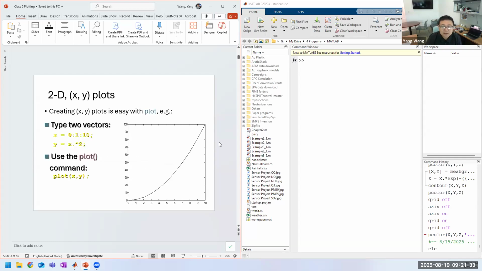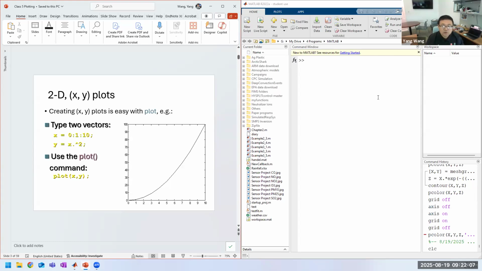Okay, so let's get started with the 2D plots. In this class, we're going to talk about 2D plots and spend some time on 3D plots. Most of the time, the plots we're dealing with are going to be 2D. The easiest form of 2D plot is just an XY plot, right? Here it gives you some scripts. If we want to make a plot showing two sets of data with a relationship of y equals x squared,